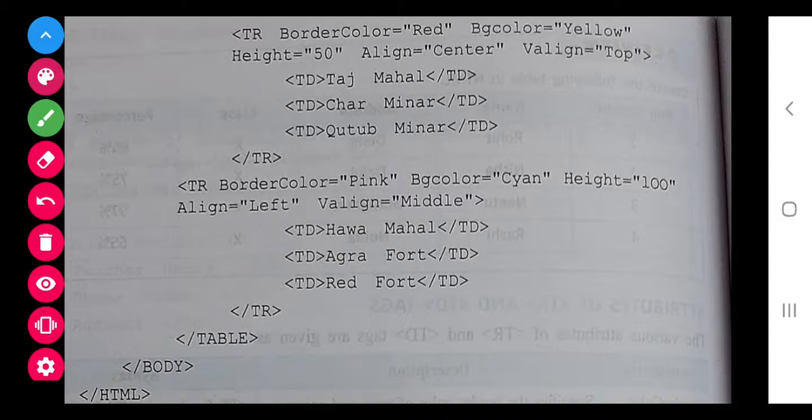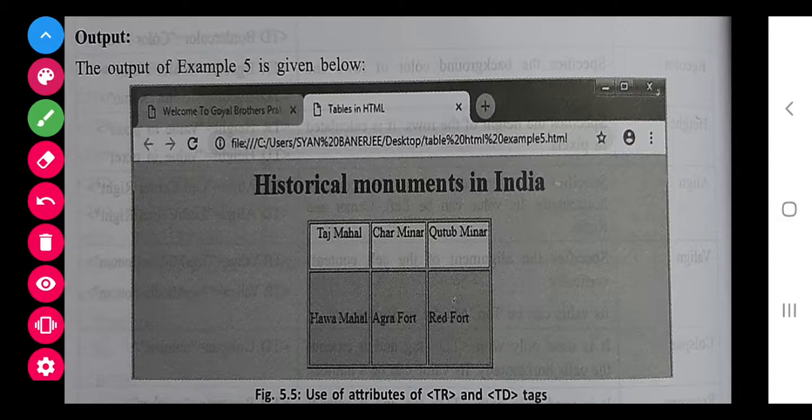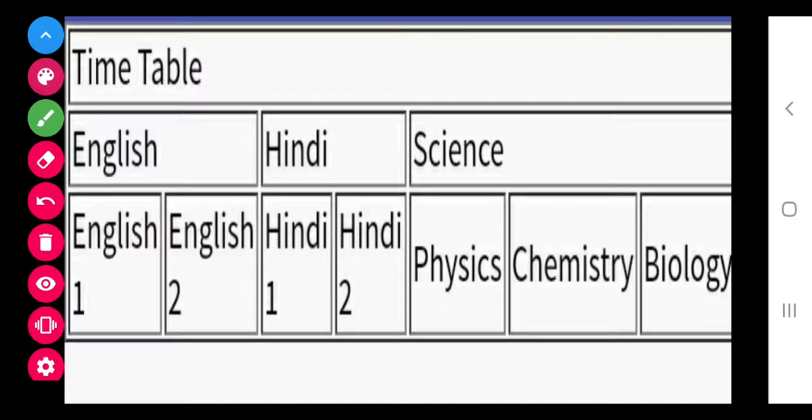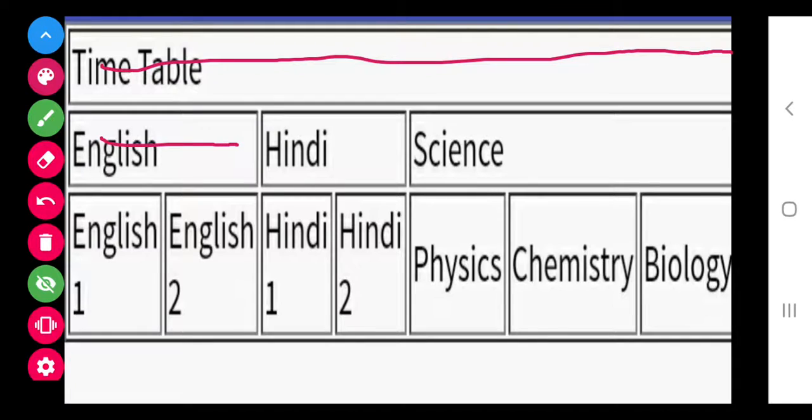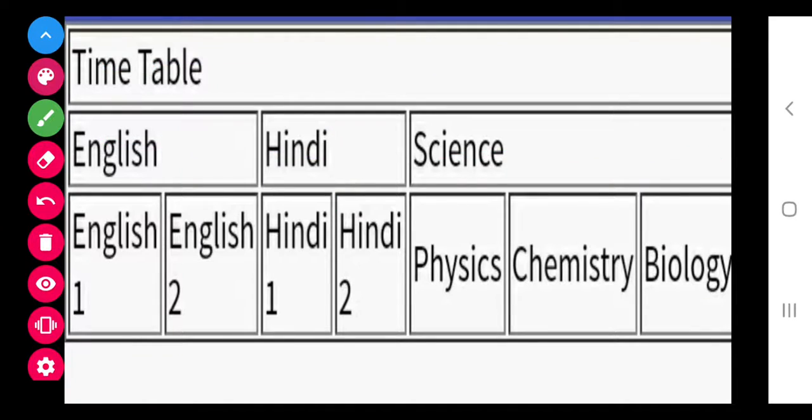You have to do it practically class, unless you do it you will not be able to understand all these things. This is not theoretical at all. In the practical examination also we are going to give the same only. Now talking about this, we have to create this. I have made this program for you. So class, you can see that this is completely merged. You can see that these two are merged, and in this, three are merged. So how are we going to do that?